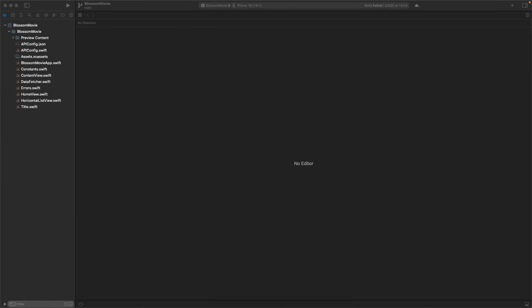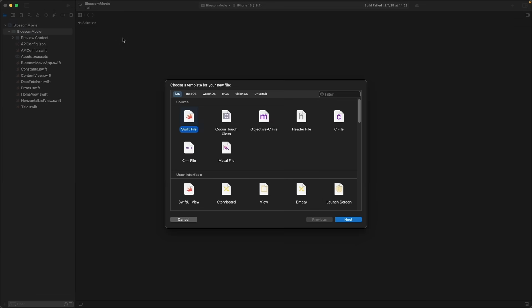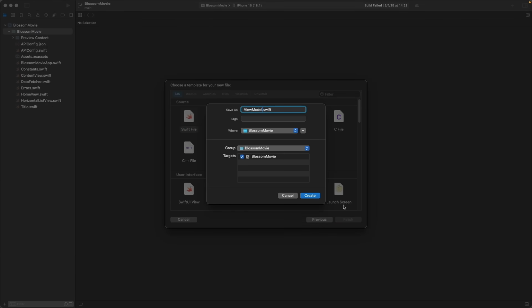View models are a key concept, not just in SwiftUI, but across many frameworks. Their job is to handle data, while the UI focuses on managing the interface. Separating these responsibilities is a common practice and an essential skill for any developer. In this video, we'll demonstrate how to build a view model. The first step, of course, is to create a new file. Make sure to select the Blossom Movie folder, press Command N, Swift file, next, ViewModel, create,